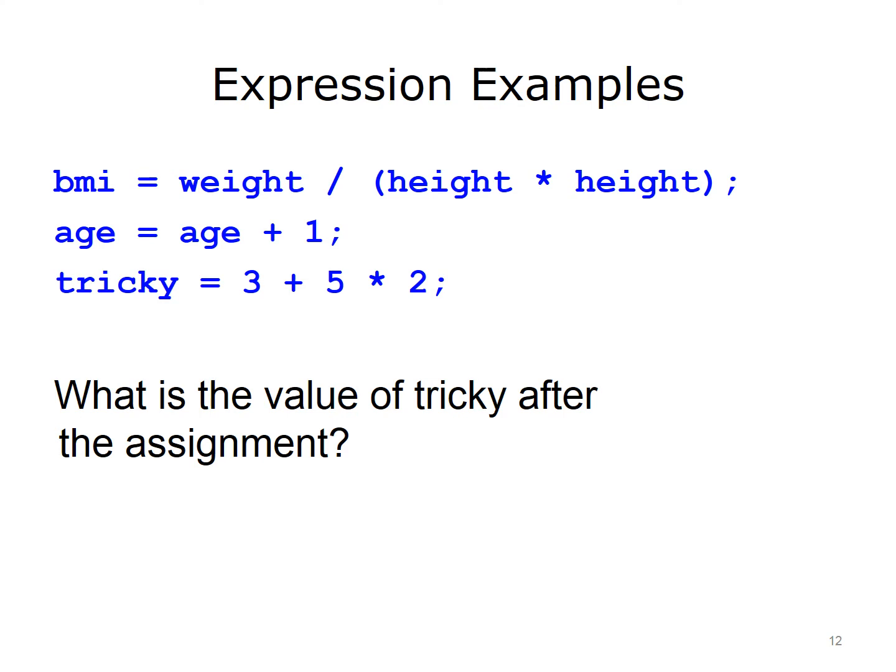Finally, consider the order of operations to know what value the final assignment statement has. The variable tricky is assigned the value of 3 plus 5 times 2. This evaluates to 13, since 5 times 2 is evaluated first, for a result of 10. Then 3 is added to that, which makes 13. Note that it is not evaluated in order from left to right. This computation would result in a total of 16, 3 plus 5, which is 8, times 2, which is 16,